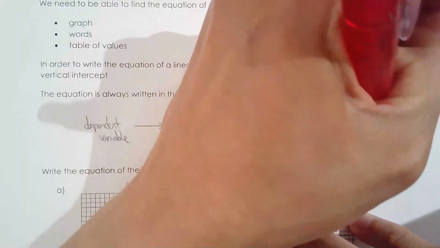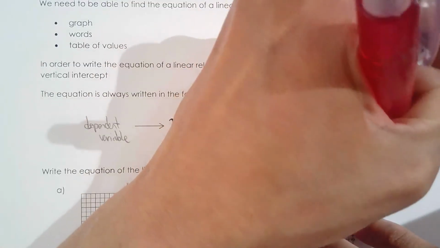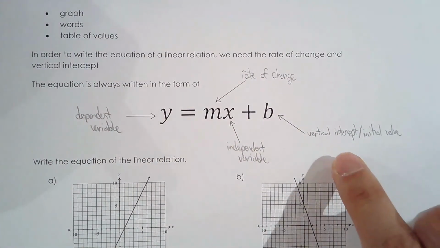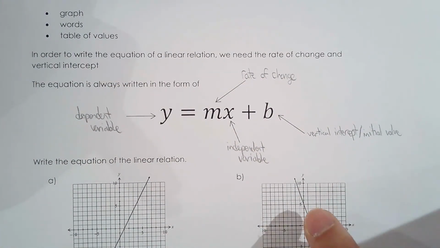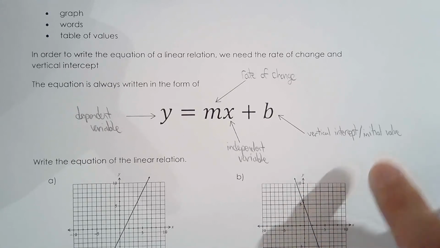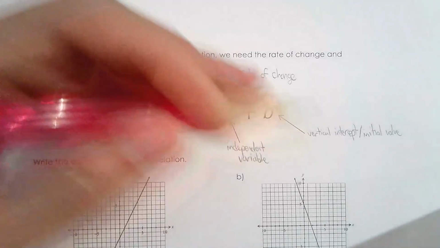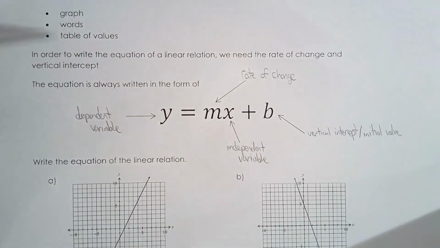Or you can say it's our initial value. Okay. So we usually talk about the vertical intercept when we talk about the graph, and we talk about initial value when we're given like a word problem. Okay. So we're gonna talk more about vertical intercept and initial value later,